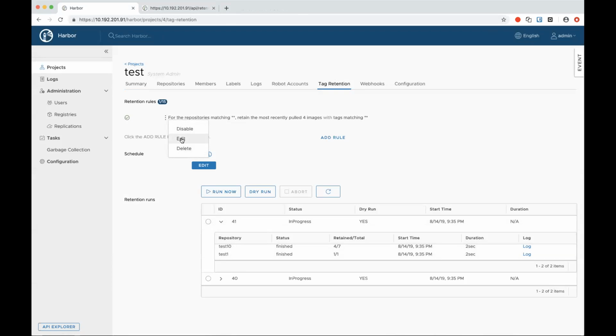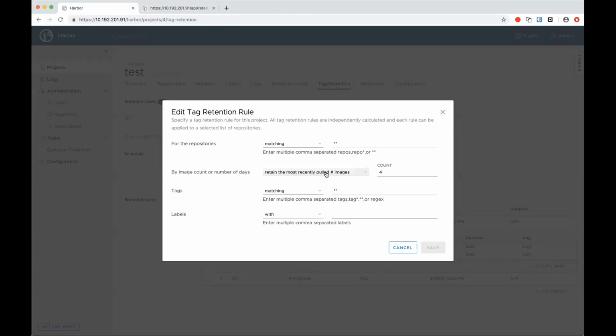And if I retain the images pulled within the last several days, such as 30 days.